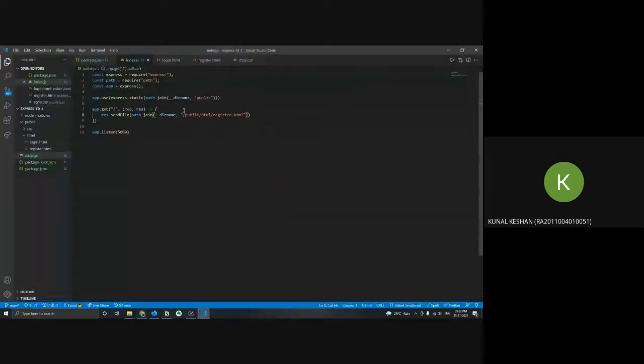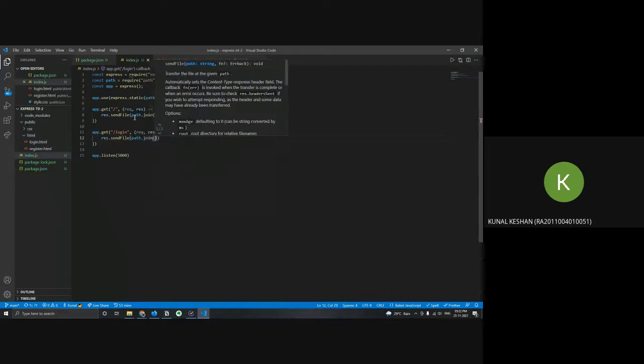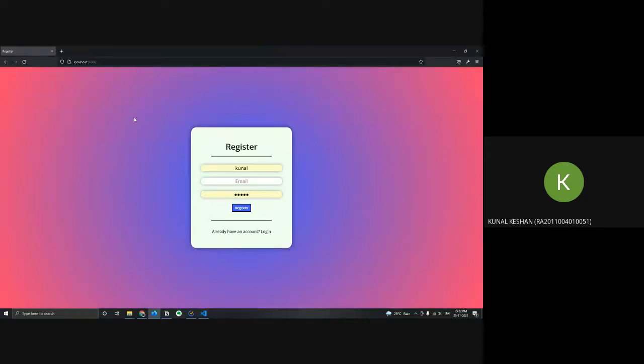All right, so now when they go to the login route, the request response function and response with the sendFile, and then the directory of the file, so path.join, and that will be the __dirname and the slash public slash html and login.html. All right, so if I go back here, Control R, and if I click on this,